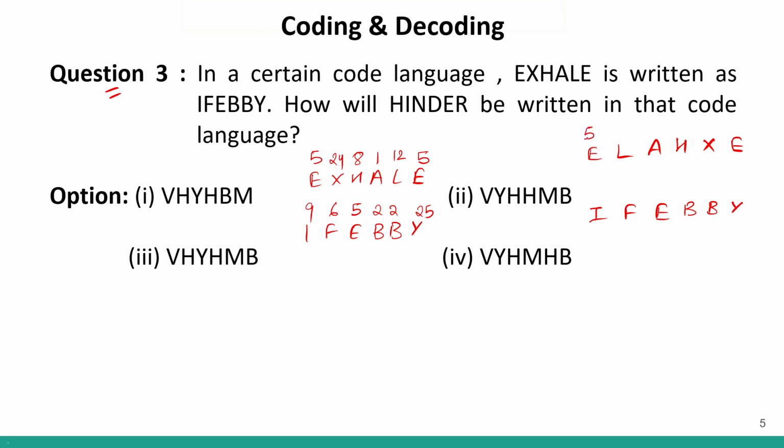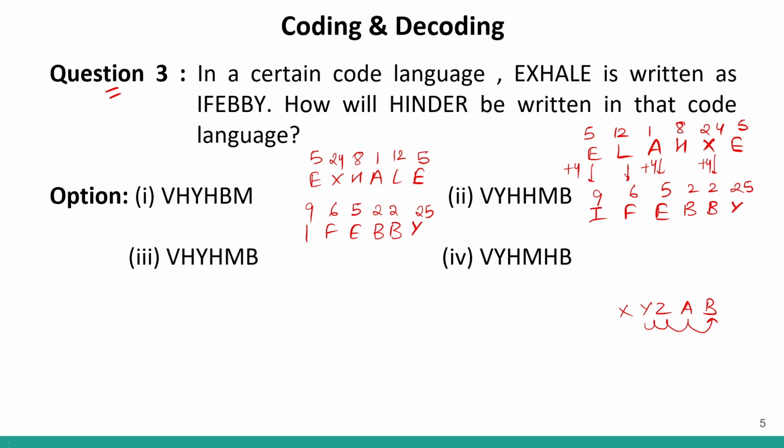So again, this will be 5, 12, 1, 8, 24 and 5, and this will be 9, F will be 6, E will be 5, this will be 2, 2 and 25. So now I can see 5 to 9, basically we are going plus 4, 1 to 5 we are going plus 4, 24 to 2, basically this is also plus 4 because X, Y, Z and then A, B, the concept of looping. So 1, 2, 3, 4. From X 4 positions forward will give me B.